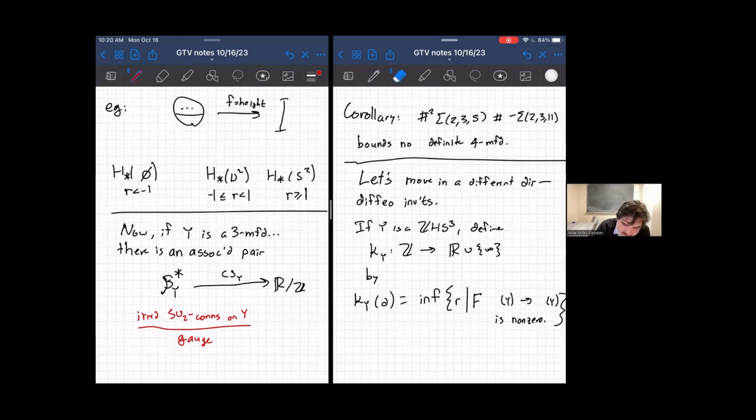Where did D come into this? I'm specifically looking at the homology classes in degree D. In a fixed degree, as R goes to minus infinity, this is just 0. So this infimum can't be minus infinity. On the other hand, as R goes to plus infinity, eventually I have all the flat connections in that homology class. So eventually, for large enough R, this just coincides with ID. So in particular,